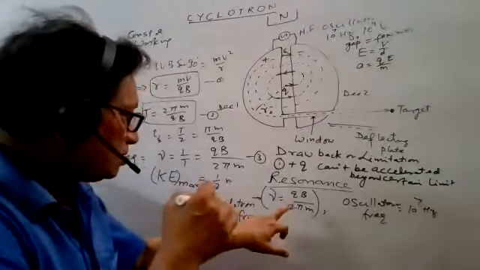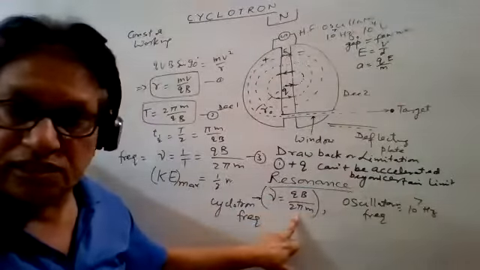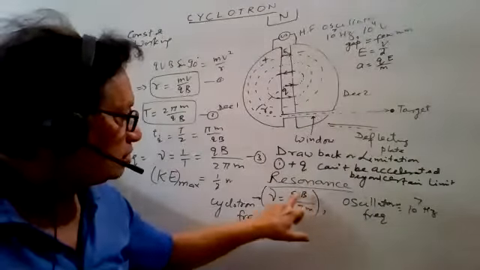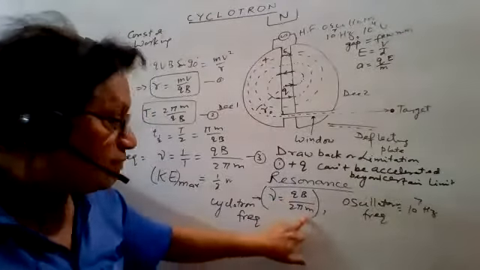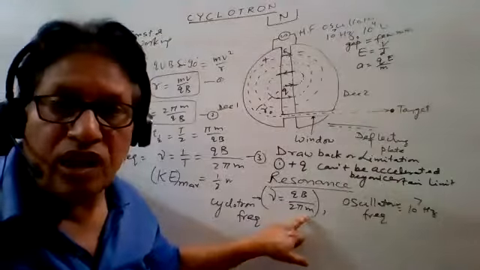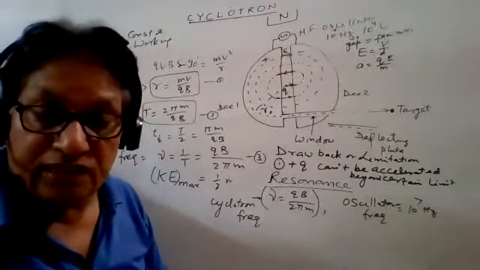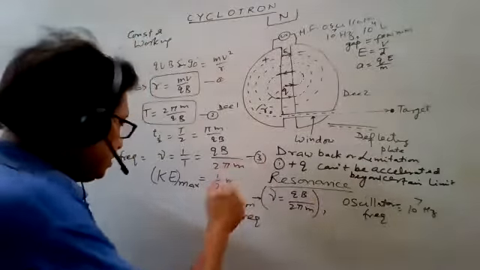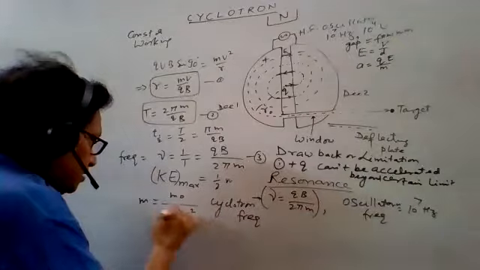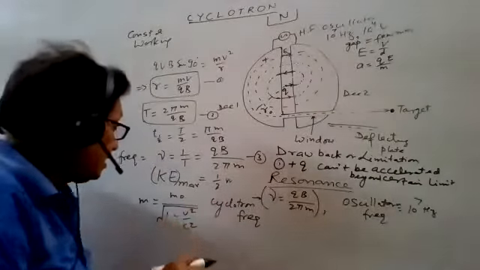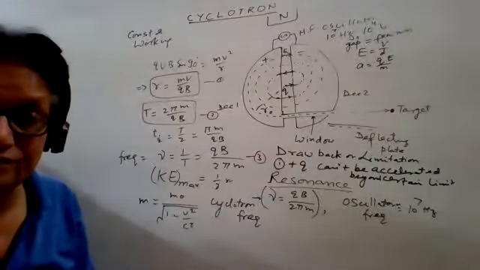Think about this frequency. It is qB upon 2 pi, which is constant. q is also constant, B is also constant, because charge q does not depend on the speed. But m is constant only for small speed. With the formula given by Einstein, m is equal to m naught upon the square root of 1 minus v square upon c square. What is c? c is the speed of light and v is the speed of the charged particle here.